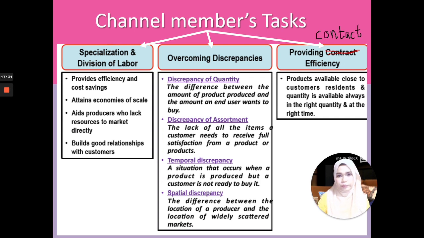And then they will ship it to the channel members along the way, and it consumes time. Once it reaches the consumers, it will be just in time for people to be ready to buy those items. After Christmas, you have New Year, and after that you have the Chinese New Year. For Chinese New Year, what are the things that people normally buy? The mandarin orange, sure or not?